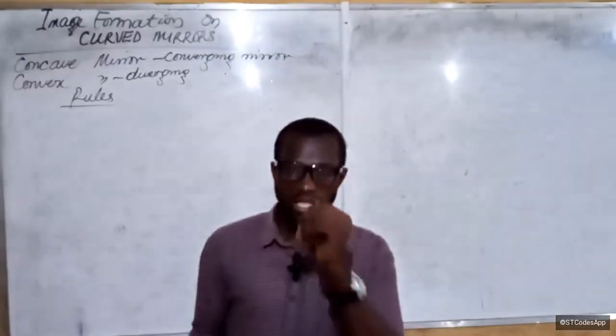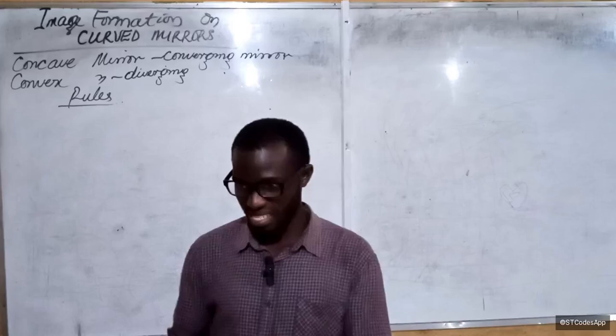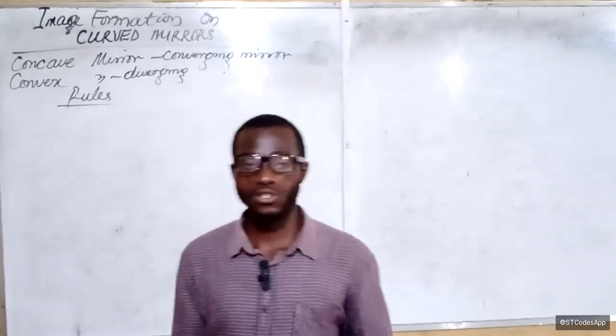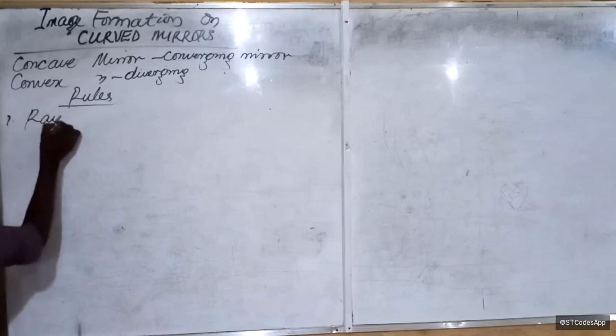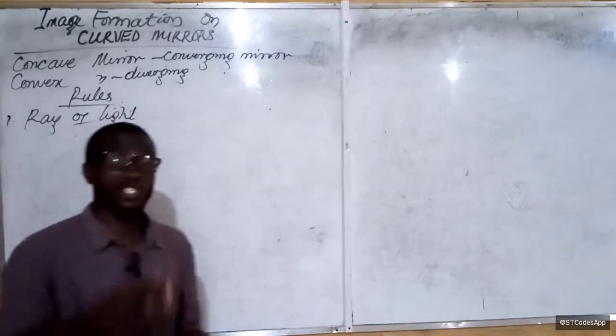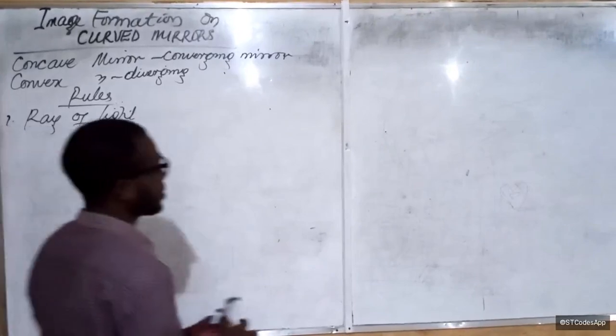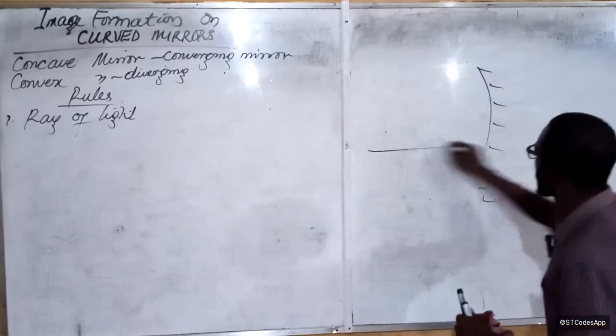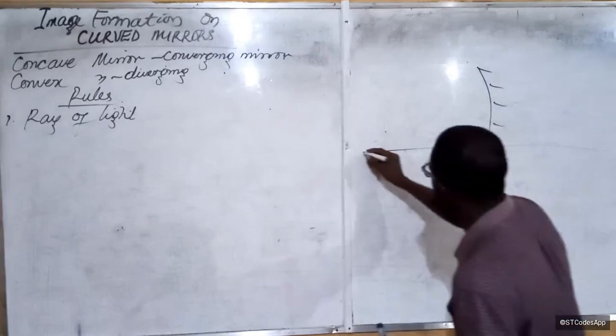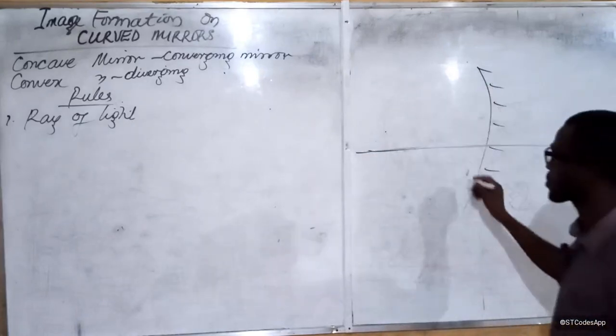All right. So the first rule is that the ray of light that is incident, that is parallel to the principal axis. Okay, no. Before we learn the rule, we have to actually learn the properties. So for this particular mirror, this line here that passes through the center of this mirror is